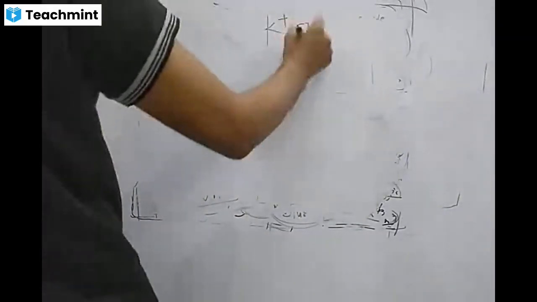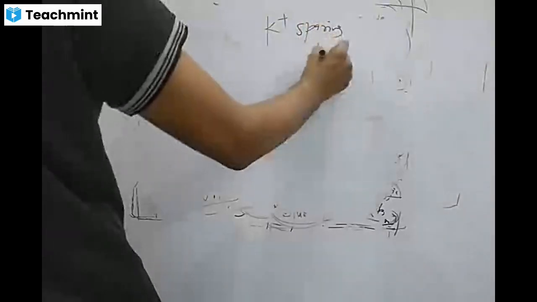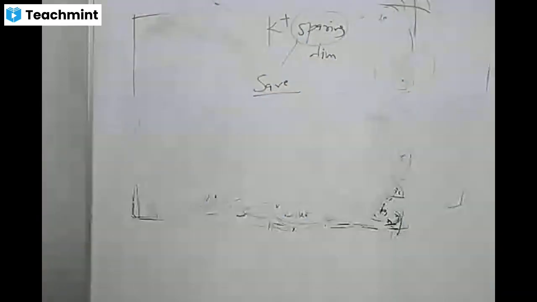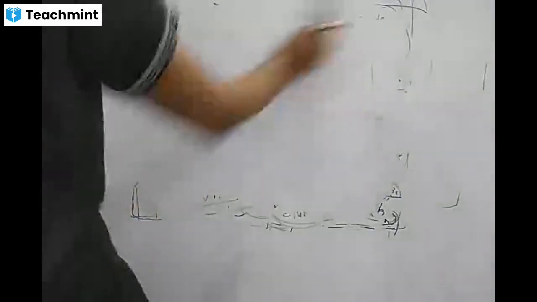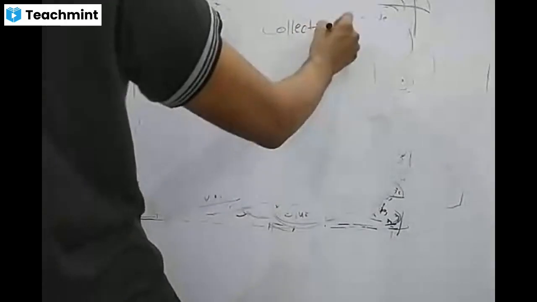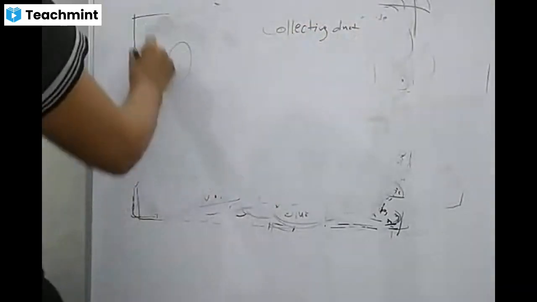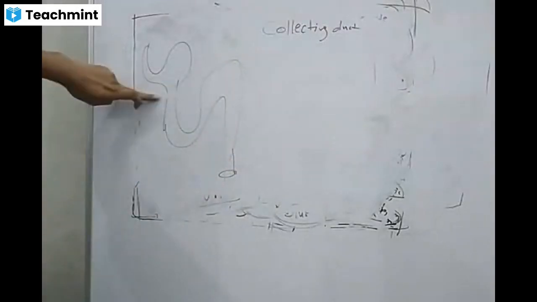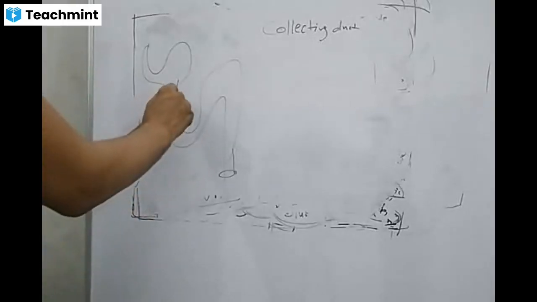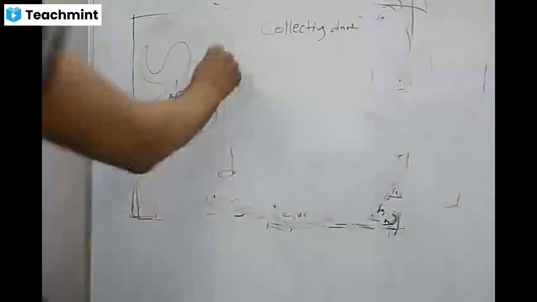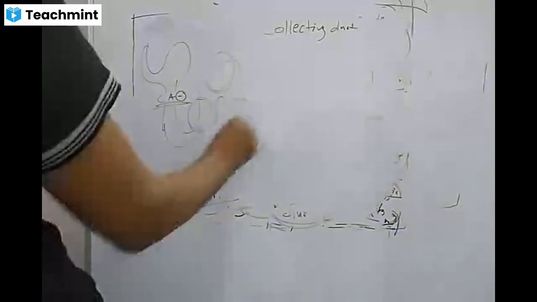Then we have potassium-sparing diuretics. Sparing means they will try to save potassium inside the body. These drugs act at the collecting duct. So if this is the nephron, the PCT is acted on here by the carbonic anhydrase inhibitor acetazolamide, at this location furosemide, at this location thiazide, and at this part we have